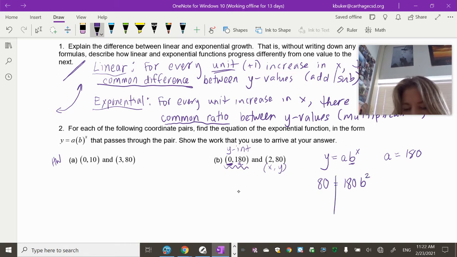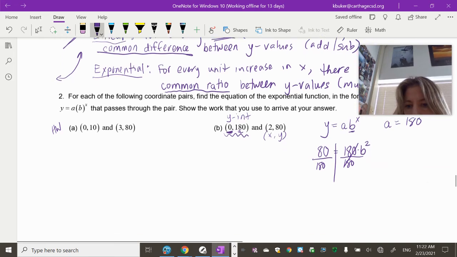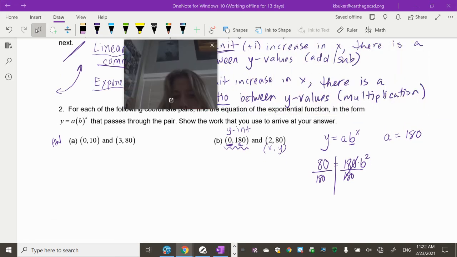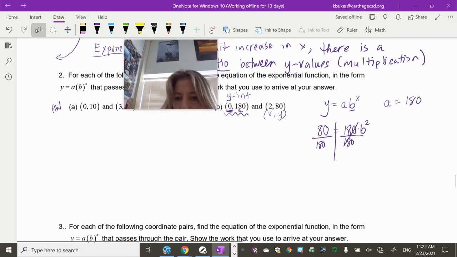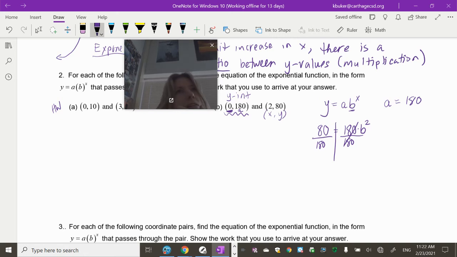Okay, so now we just have to solve this, and we're going to solve for b. First we need to get rid of this multiplication of 180, which we're going to divide. A lot of these are not going to come out evenly, so instead of trying to divide, I'm just going to reduce. 80 over 180 would give me 40 over 90, which would reduce to 4/9